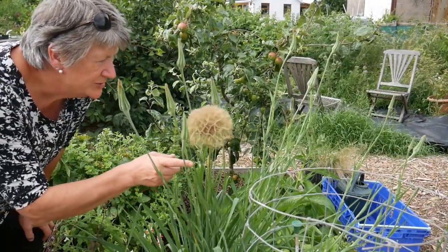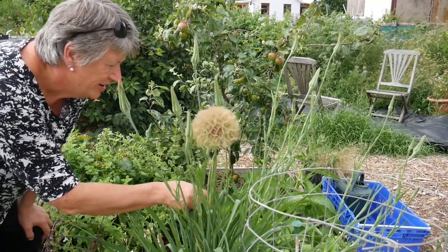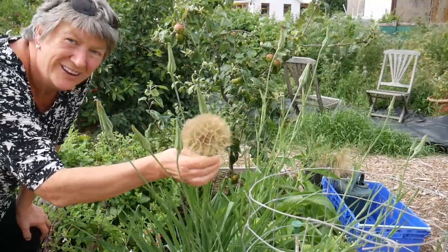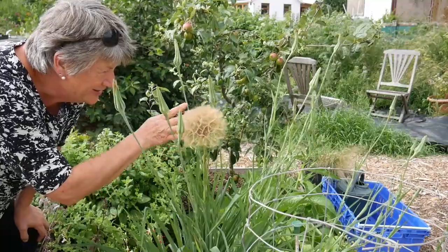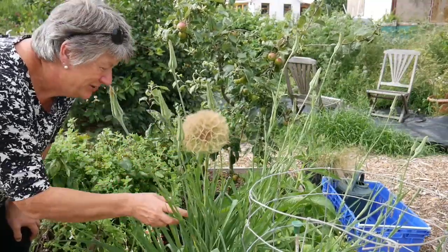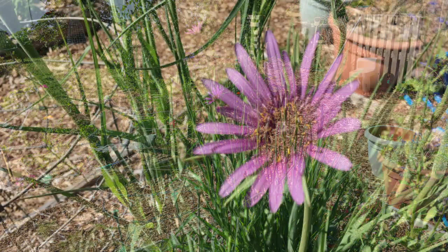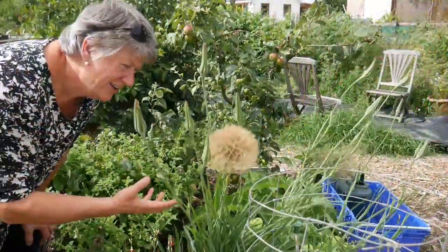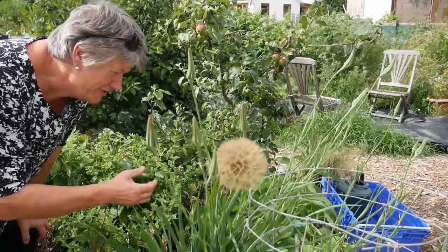This is not a fruit, but I am really excited to have this in the garden. This came from seeds. I had a seed head like this one, which I sowed earlier in the year, and I've got lots of these plants, which I'm really pleased about. It has really pretty purple flowers. It makes a lovely ornamental, but it's actually a common salsify. Maybe it's salsify, but however it's said,